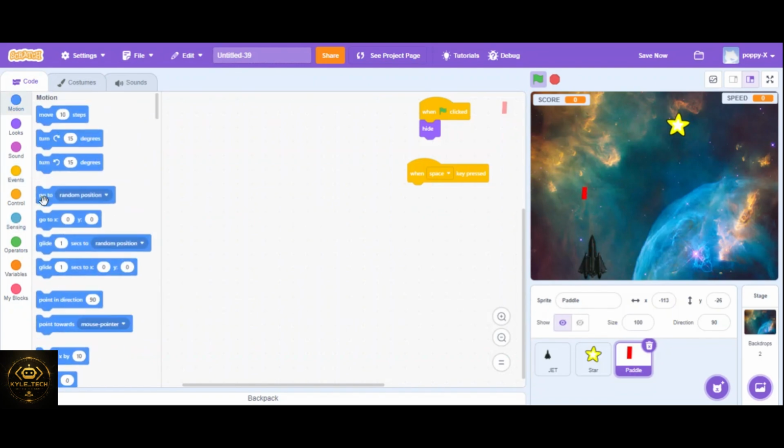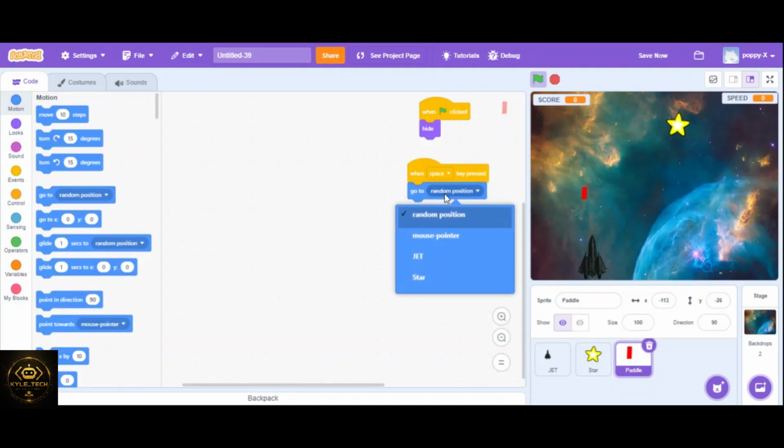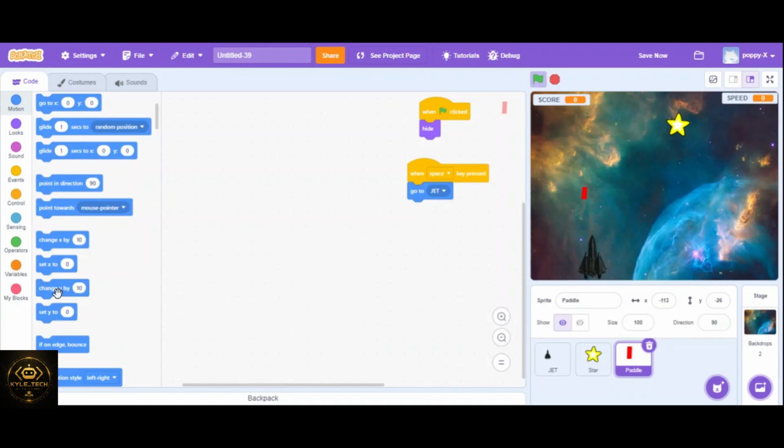So we are going to motion, then we are picking go to, and we are changing this one to jet. It will go to the jet. Then in motion, while still in motion, we are going to change y by 20. Change y by 20 while you are still there. So now when you click, it hides, but you see it will go to the jet